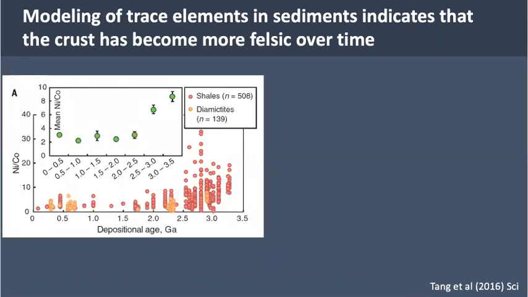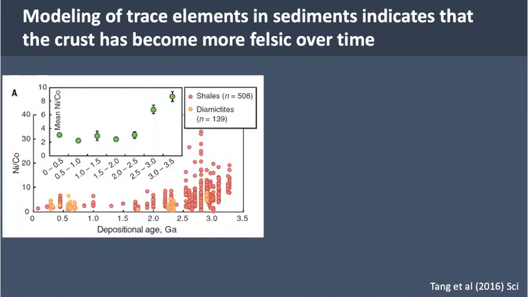Similarly, Ming Tong et al. have done this by looking at trace element ratios in shales and diamictites over time. This is showing nickel versus cobalt over time from the mid-Archean through the present. Essentially, they're using these trace elements as a proxy for magnesium oxide because magnesium is soluble. And so they're trying to evaluate how mafic rocks were over time, but using trace elements that are less